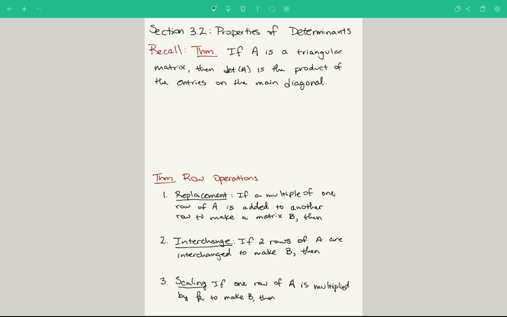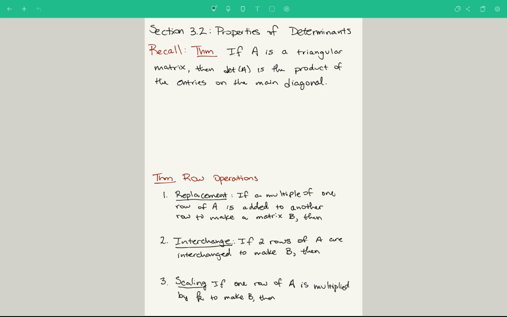Today we're going to be talking about section 3.2 in your textbook, Properties of Determinants. So if you'd like to follow along in your textbook, you can do that, and I'll be posting this PDF on Brightspace. So recall our last video, section 3.1, we talked about what is a determinant, and we ended section